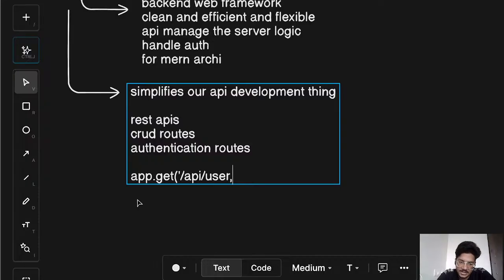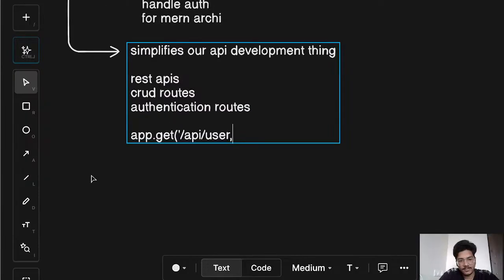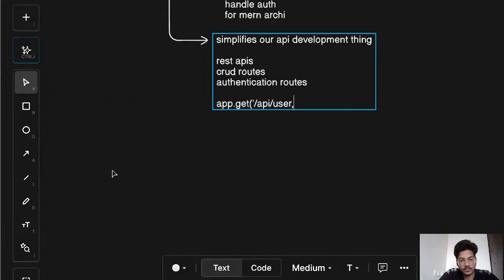And in short, we have to say Express was used to create a clean, scalable, and secure backend, and provide a well-structured API, smooth authentication, and middleware control, and easy integration with Node and MongoDB. Okay. And after that, we have to explain why we use